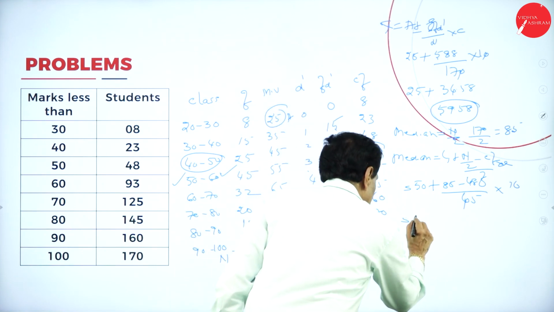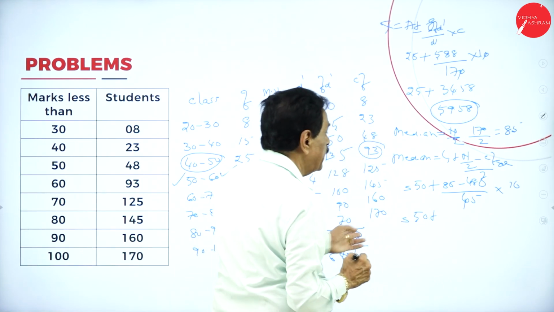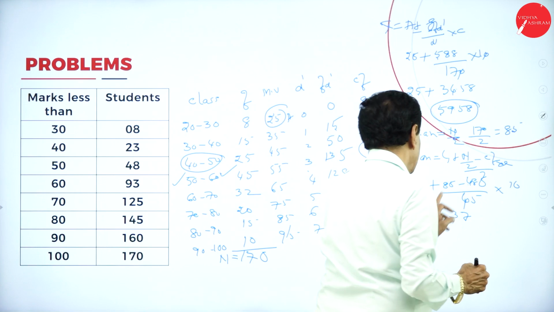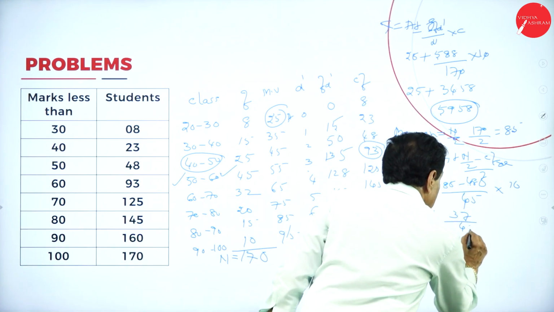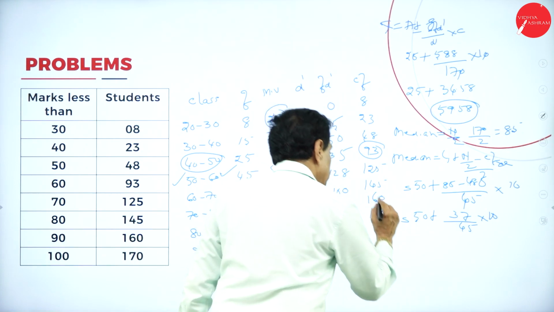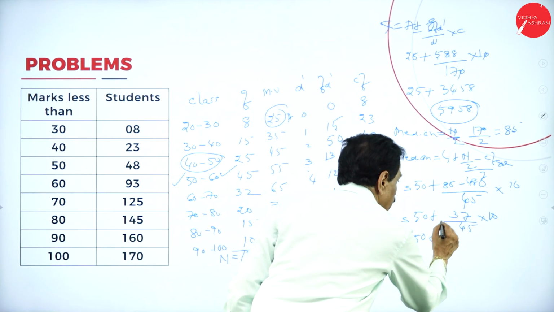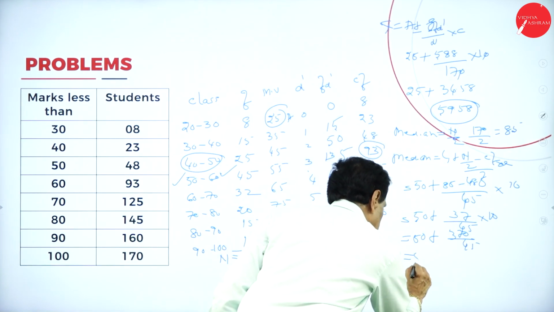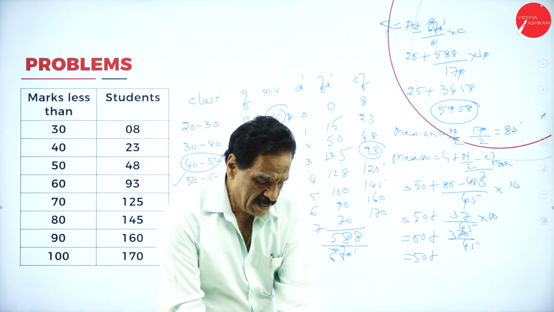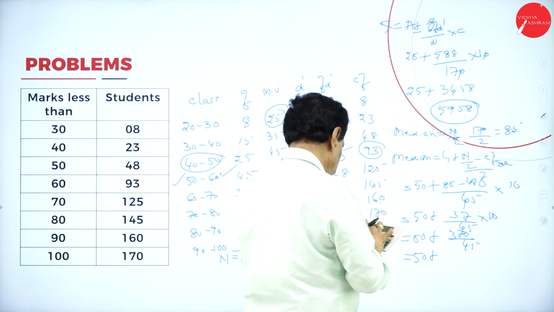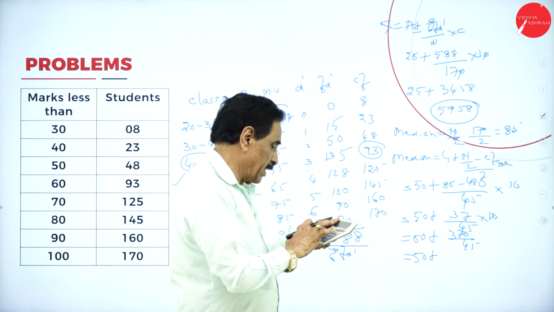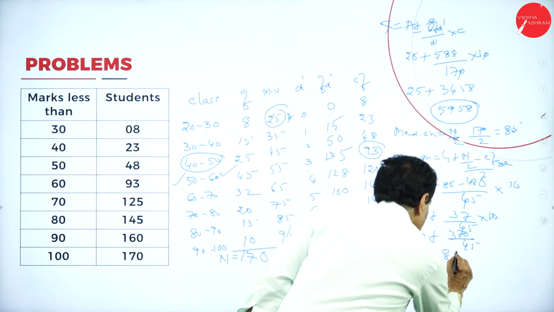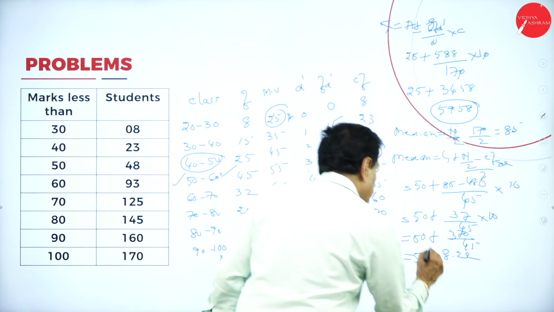Apply 50. Deduct 85 minus 48, which is 37, divided by 45 into 10. Simplify this. 50 plus 370 divided by 45. 370 divided by 45 works out to 8.22. So it is 58.22